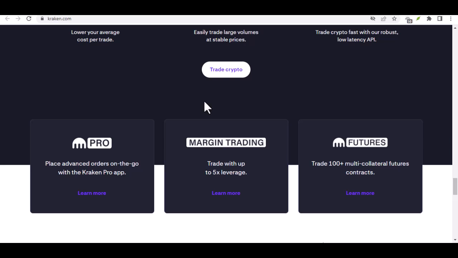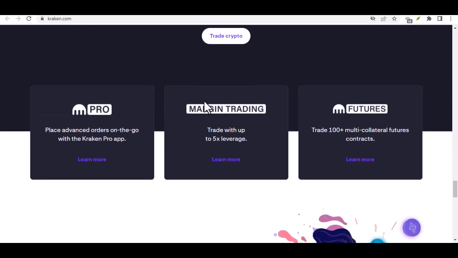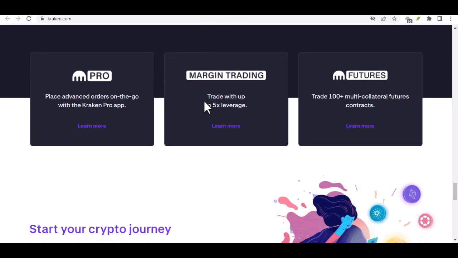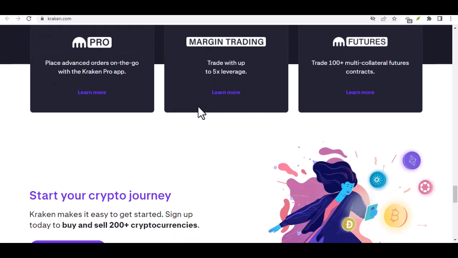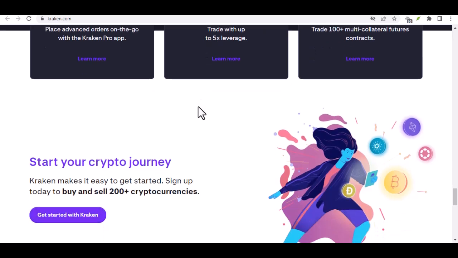Conclusion. Recap: summarize the key steps involved in withdrawing from Kraken to a personal wallet. Benefits of self-custody: emphasize the advantages of owning and controlling your crypto assets. Call to action: encourage viewers to take the next step and secure their crypto holdings by transferring them to a